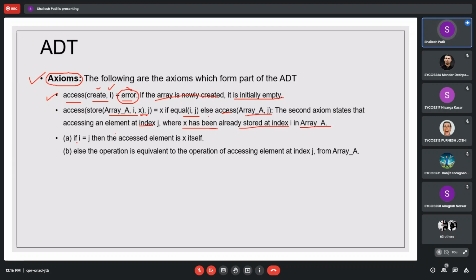If I and J are equal, then the accessed element is X itself, and the operation is equivalent to accessing the element at the jth index. If both are the same, the element is found, so the access will return the duplicate. That we have to consider.